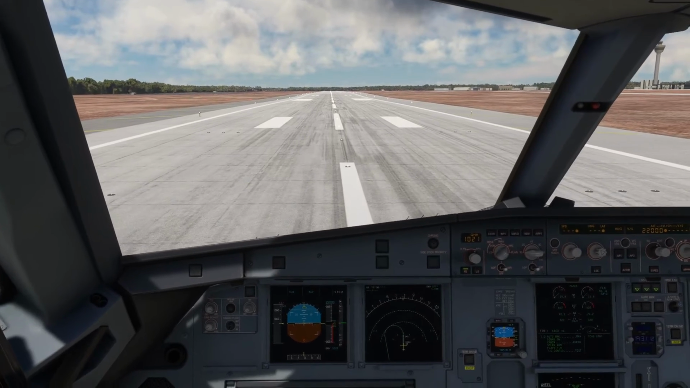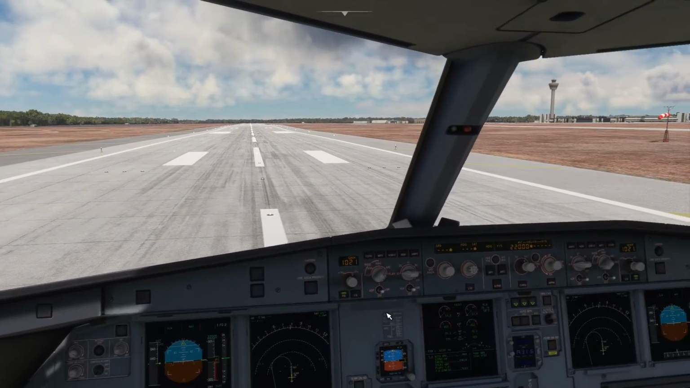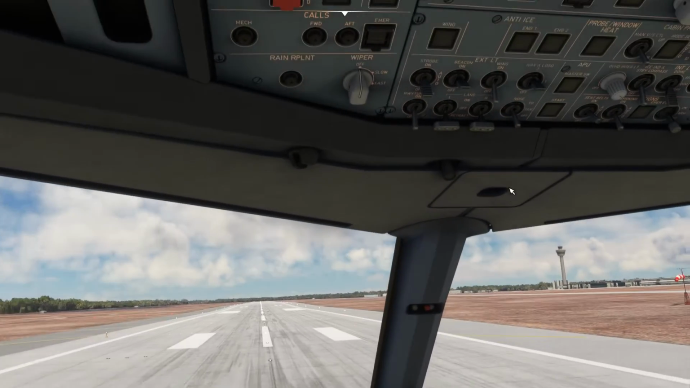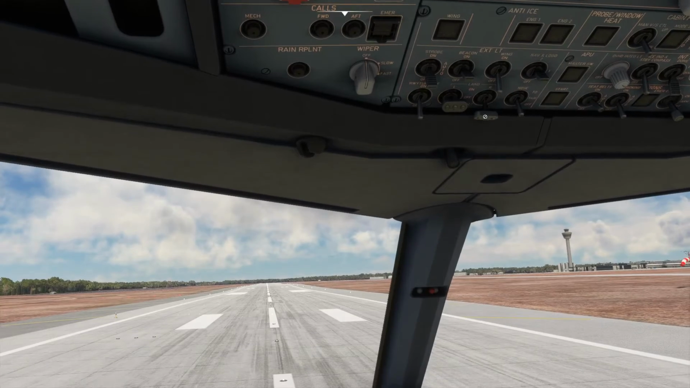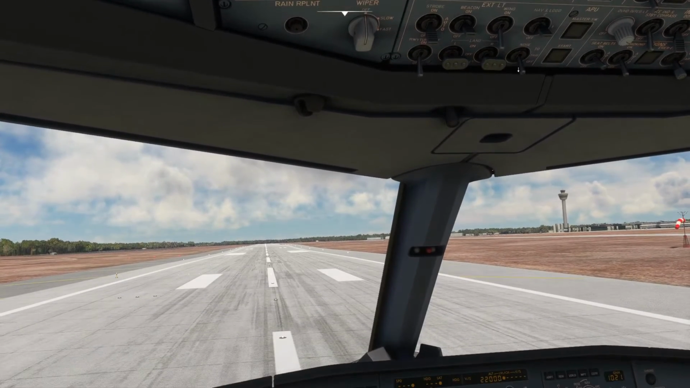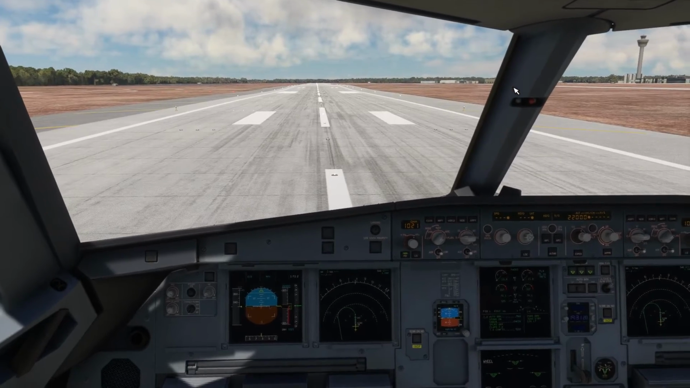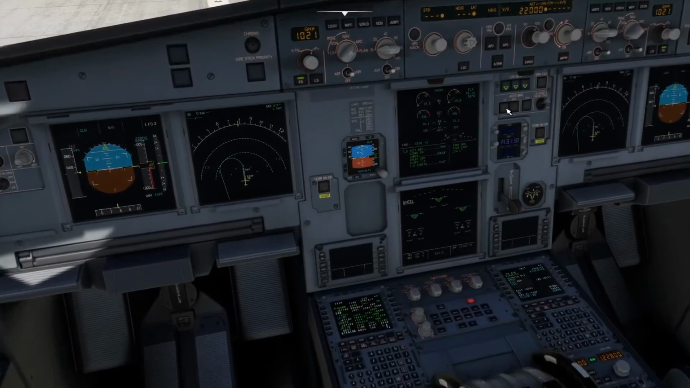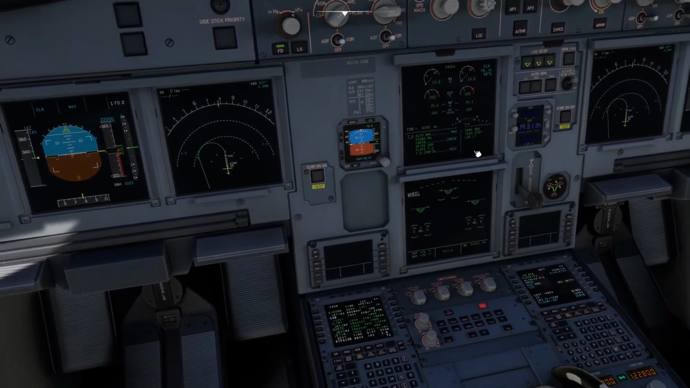Okay, so we get lined up. And then once we're lined up on the runway, we can go and turn the landing lights to on. Nose lights to takeoff. And you will see down here, there's a few last little bits and pieces to do. So we've got TCAS